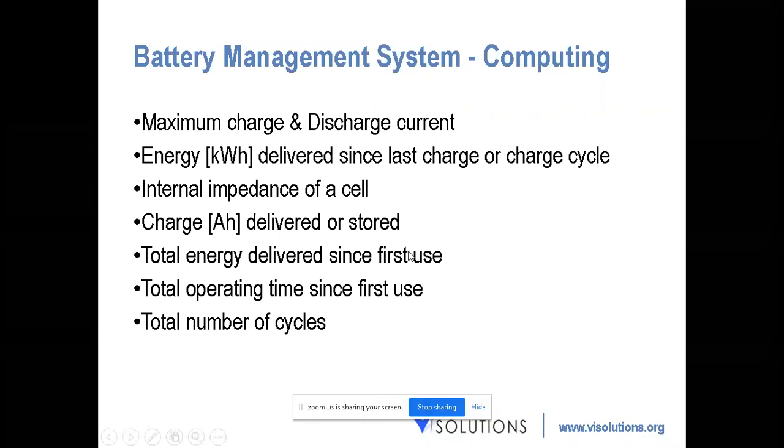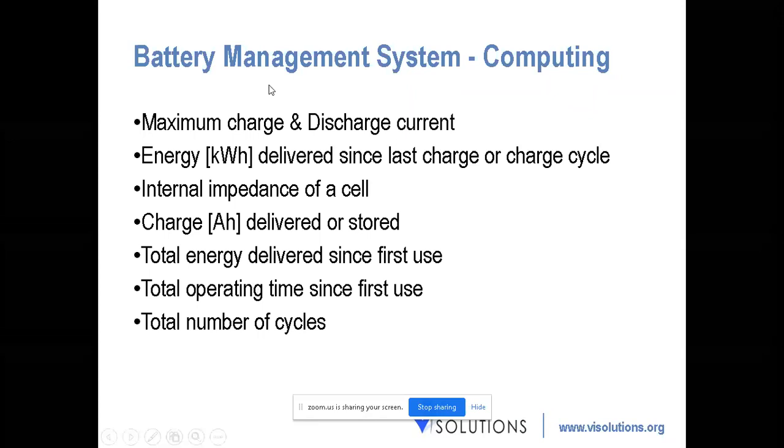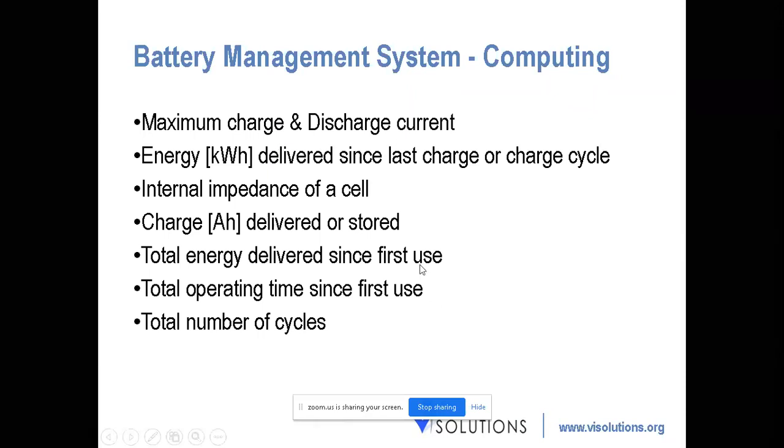Based on the data acquired, these values should be calculated for generating insights on the battery. So the next time the manufacturer needs to make some changes, he could collect data from the battery, like maximum charge and discharge current, and energy delivered since the last full charge cycle. So people will know this battery is going to go. This is a part of preventive or predictive maintenance. These data will be collected over a period of time, and we will generate insights on whether a replacement or recall needs to be done, and how many cycles have been accumulated. So this data is very paramount for both the manufacturer as well as the user.